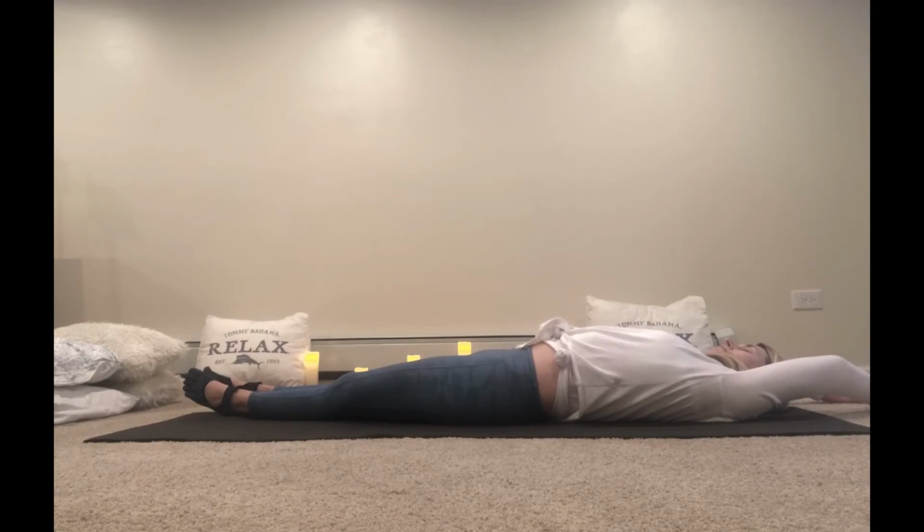We find ourselves again here for 5 minutes, and we're already almost halfway there, but at any time you can work your way out of the pose. You can release that left foot and uncross it, uncross those hands, even just bend those elbows. Still find yourself focusing inward, flowing with your breath,